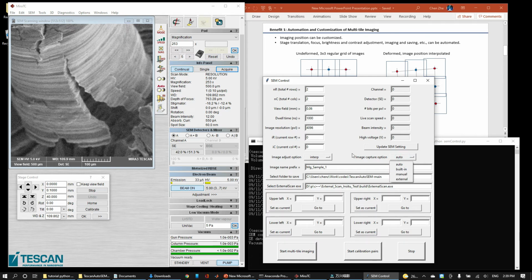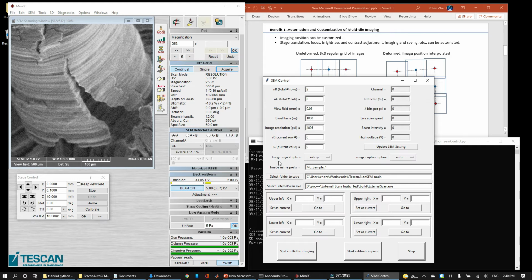The menu option means you just do whatever you usually do in your user interface to save images. And external means we capture and take the image using an external scan control. The executable for the external scan control is compiled from C++. And for the usage of that script, I will talk about it separately later.